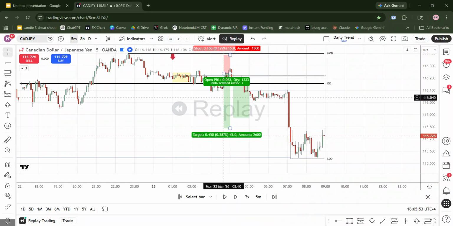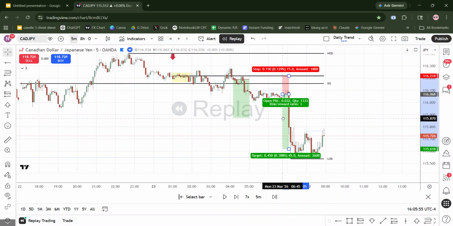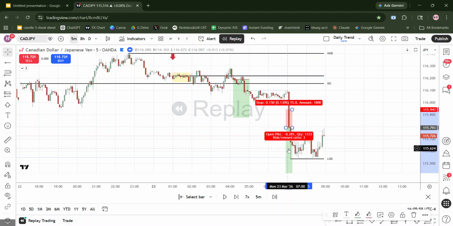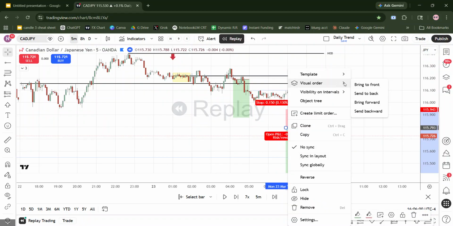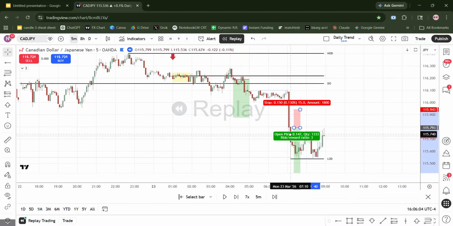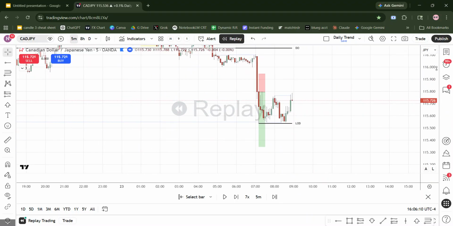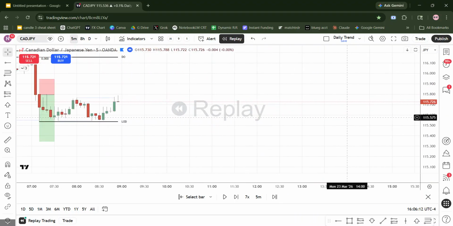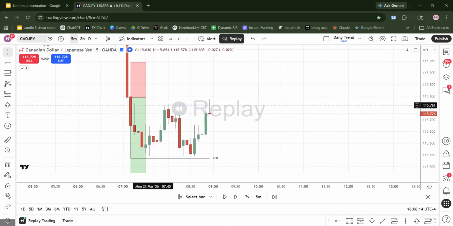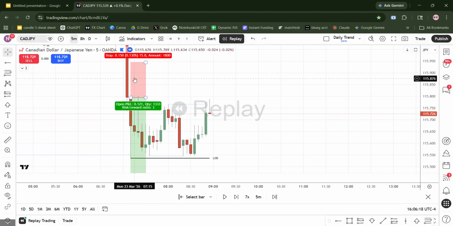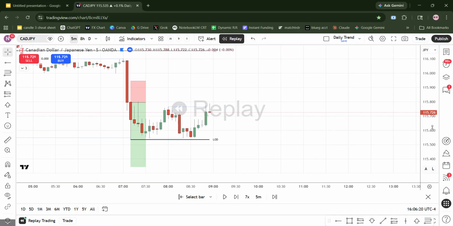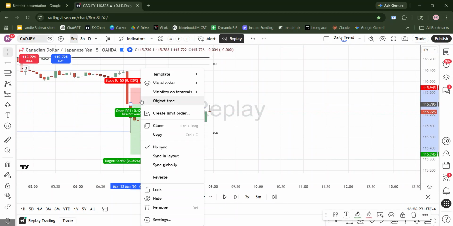Let's say you pick an entry like, say, right here, thinking that price is going to keep right on dropping. And you try to go for like a 1-to-3 on this candle's close, because you think the momentum is so strong that it's just going to keep dropping. But what did it do instead? By the time the candle closed, it just about came back to your entry. These are the traders here who are trying to go for 1-to-3. But guess what? If you'd have went for a 1-to-1,